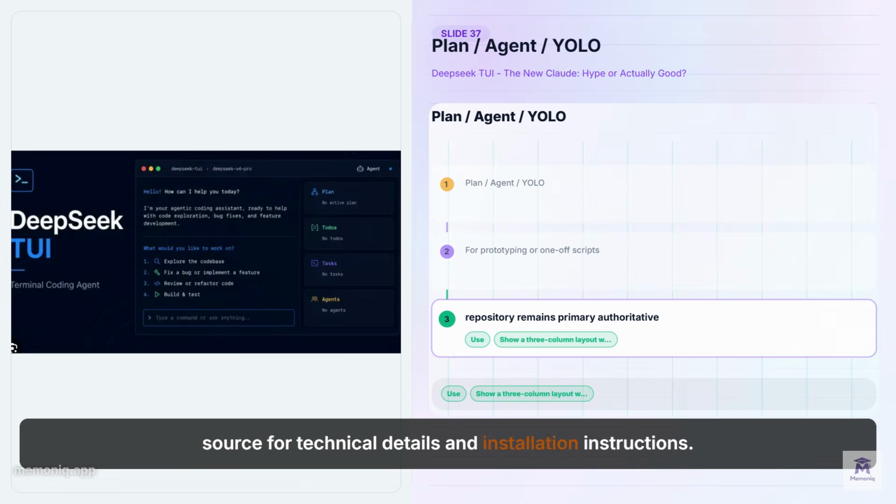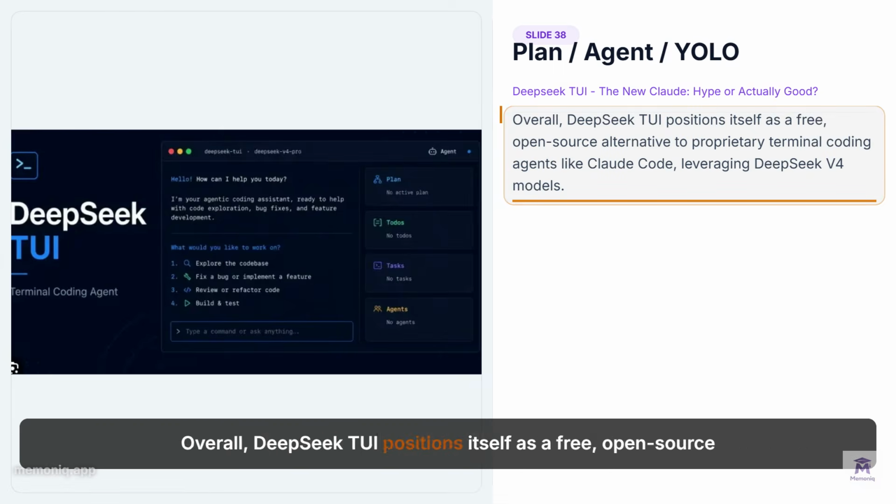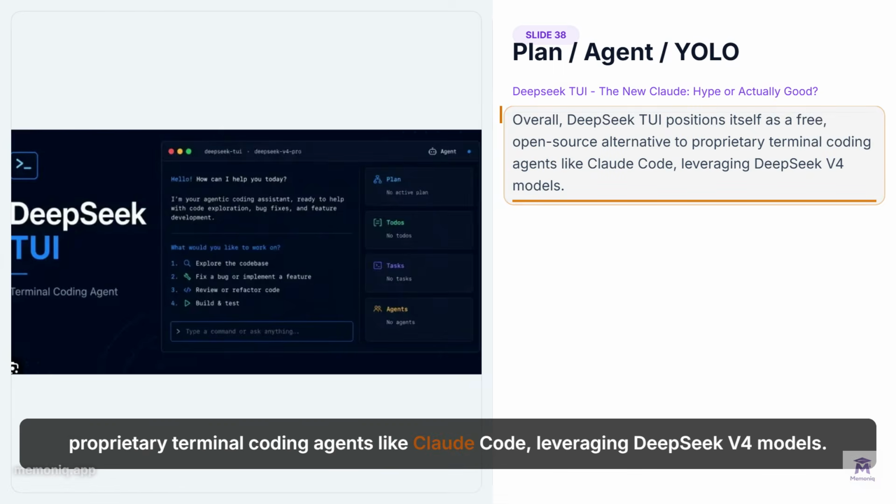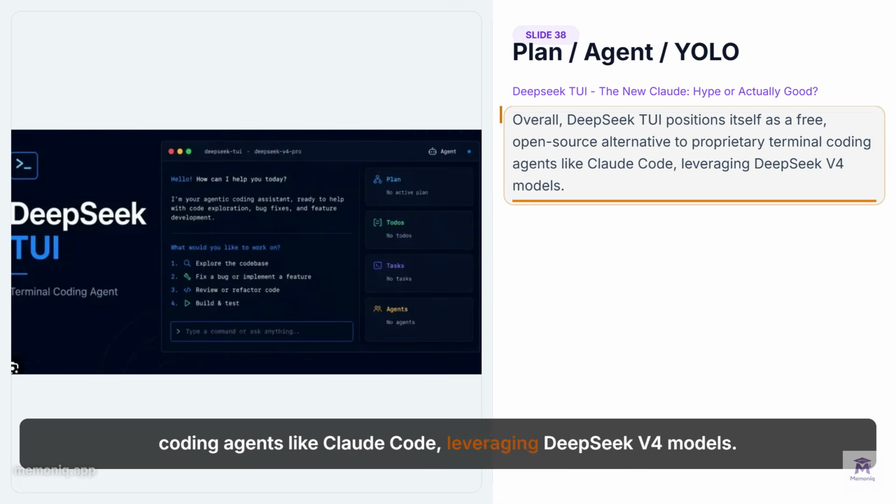The GitHub repository remains the primary authoritative source for technical details and installation instructions. Overall, Deepseek TUI positions itself as a free, open-source alternative to proprietary terminal coding agents like Claude Code, leveraging Deepseek